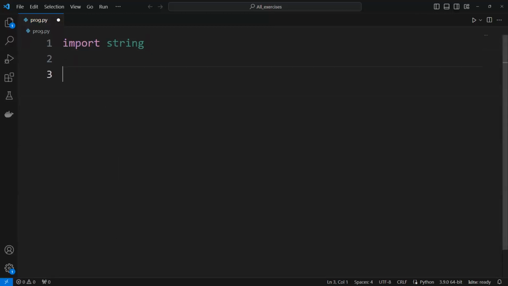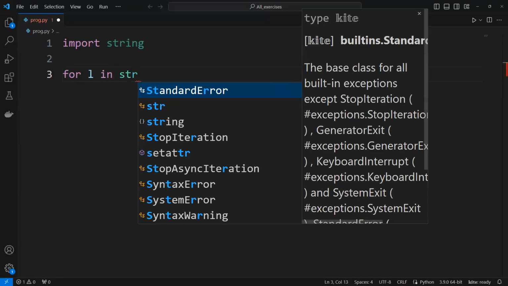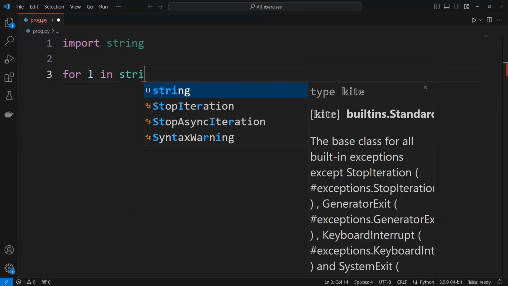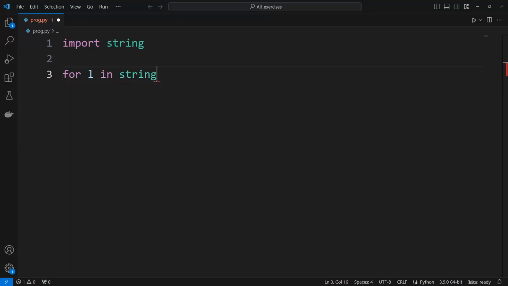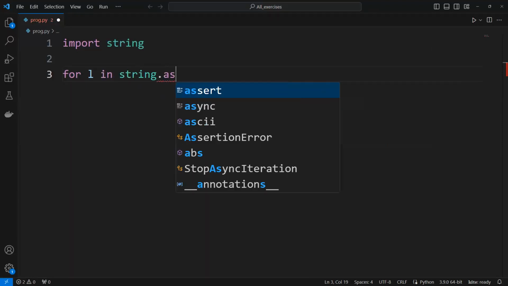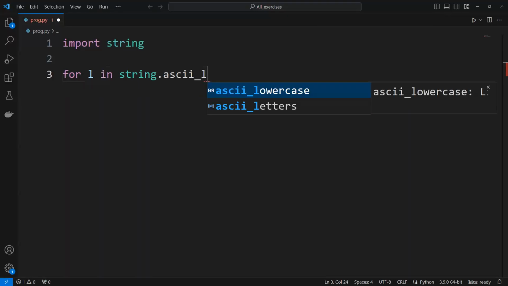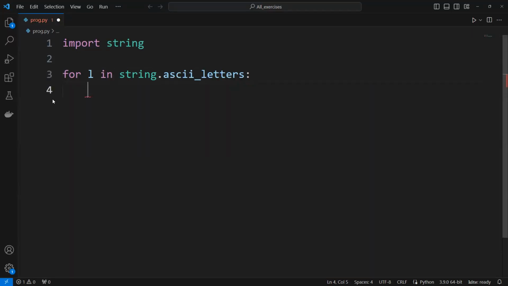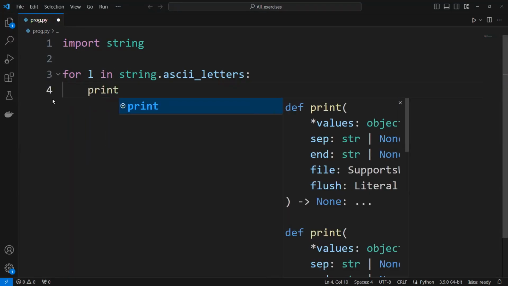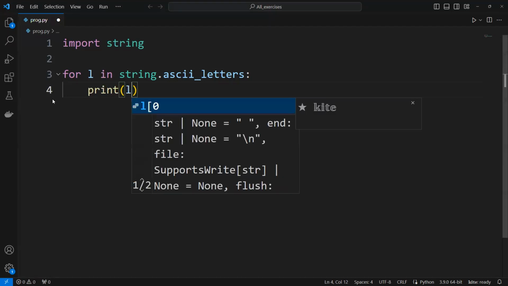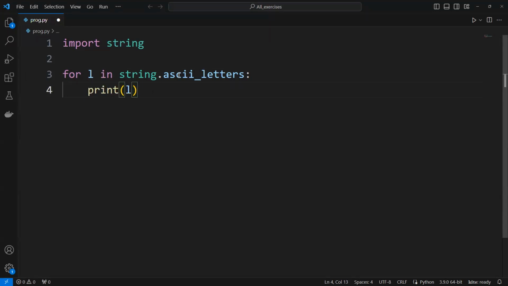Okay. And then loop for l in string dot ascii underscore letters. This time we'll use that letters function. And print of l. Okay. So this time we're going to use ASCII letters, which is one more function inside string. So if we do that, hit run,